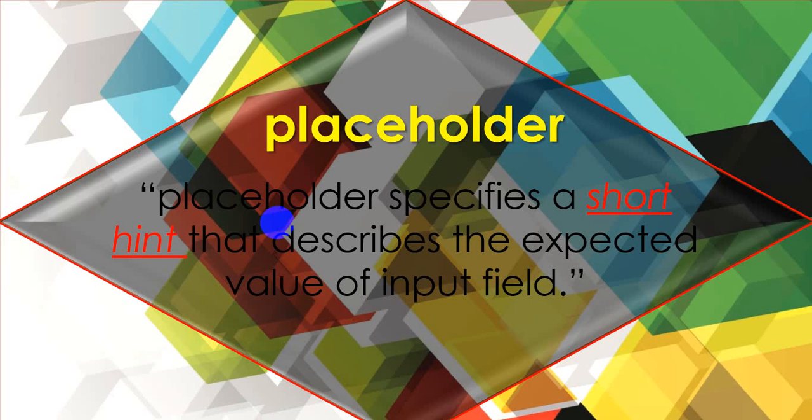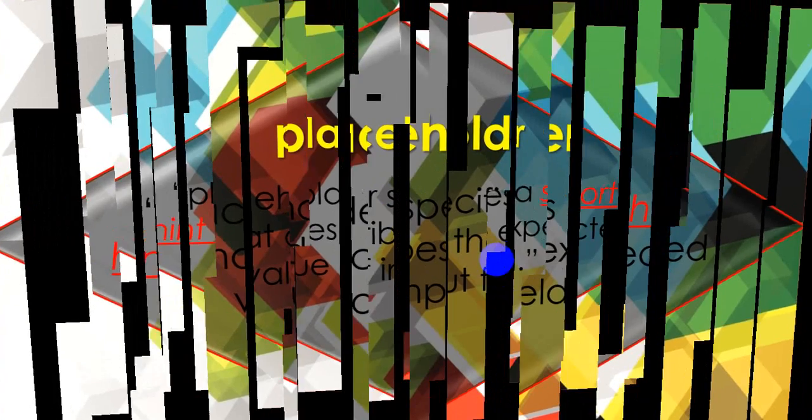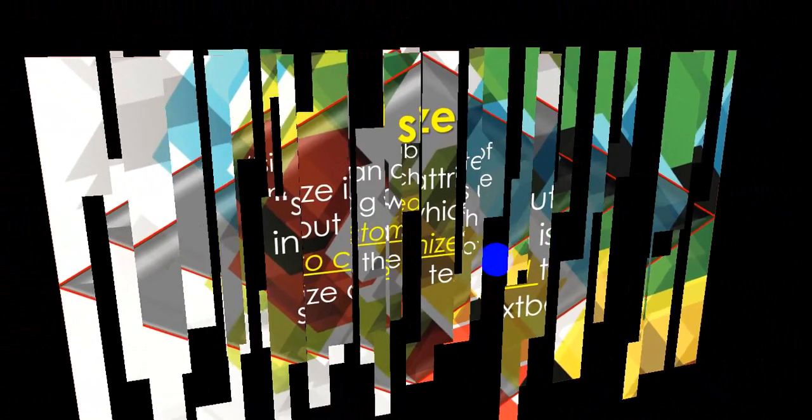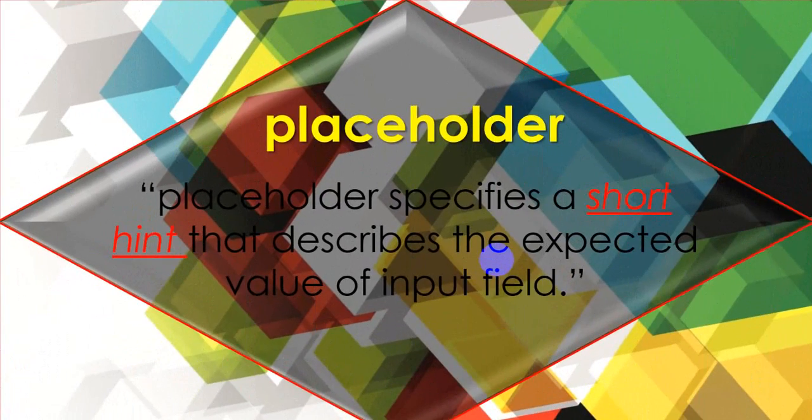Placeholder provides a hint about which type of value you have to fill in that particular field. So don't worry if it's new for you. I will describe it in detail in the coding section. So just remember, today we will talk about the size attribute and the placeholder attribute, and both are input attributes and both come under the category of input restriction. It means it restricts the user to enter that particular value. Okay, so we will start our programming.